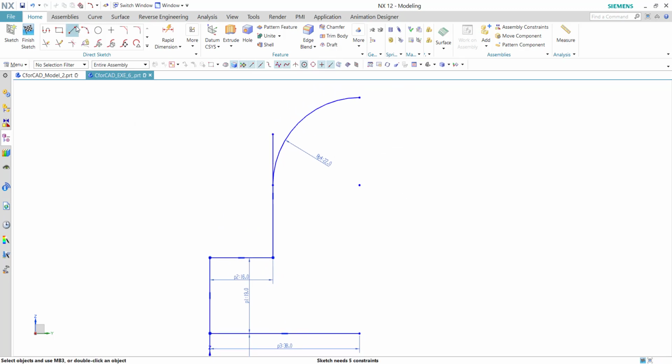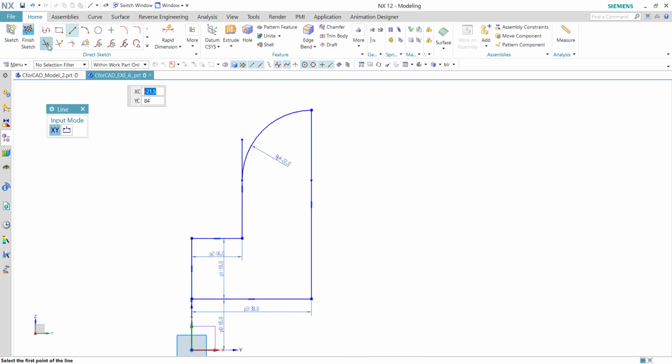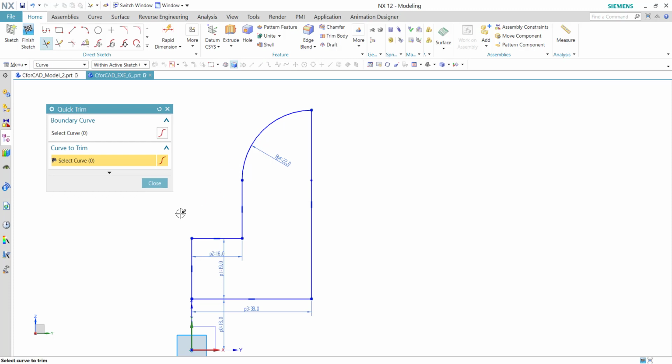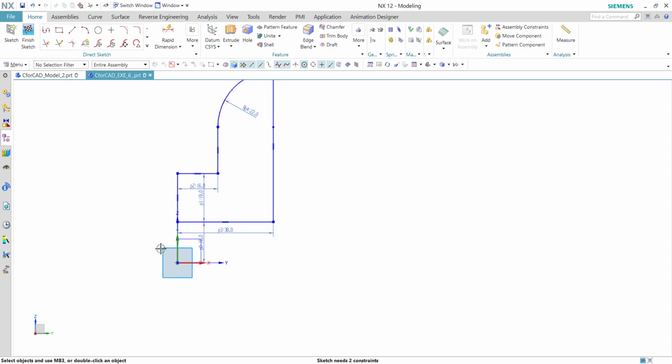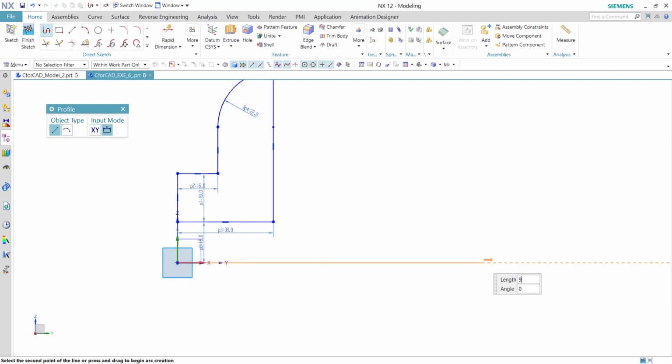Now we will draw one line from the arc's end point to this line. Now we will trim the extra line. Now we will create the base. Here the length of base is 95 and height is 12.